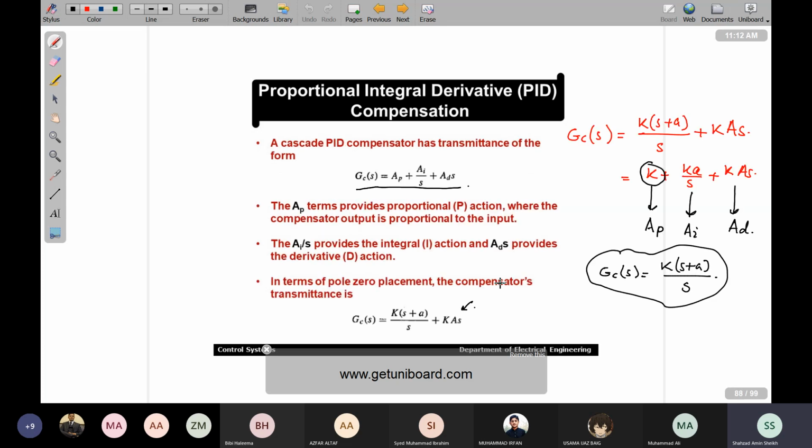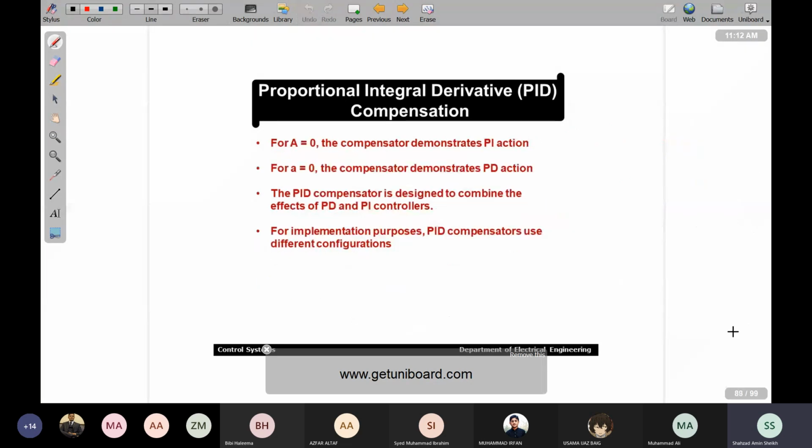And if we make small a equal to 0, in that case what is your GCFS? That is equal to 1 plus K A S. This is also familiar, we saw it a little while ago. That was for PI, and this is the proportional derivative component. So this means that by making capital A equal to 0 we will be getting the effects of a PI compensator, and by making small a equal to 0 we will be getting the effects of a proportional derivative compensator. So the PID compensator is in fact